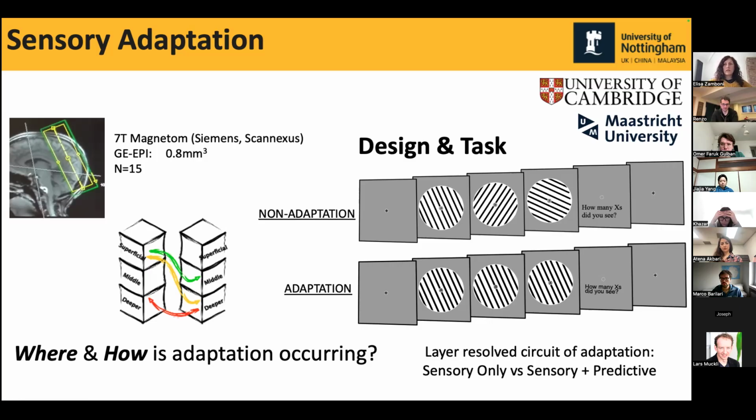So the hypothesis that we wanted to test behind this design was the following. We used a standard, very simplified model of the cortical structure and the circuitry that we know is present, such that sensory information input reaches the cortex at the level of the middle